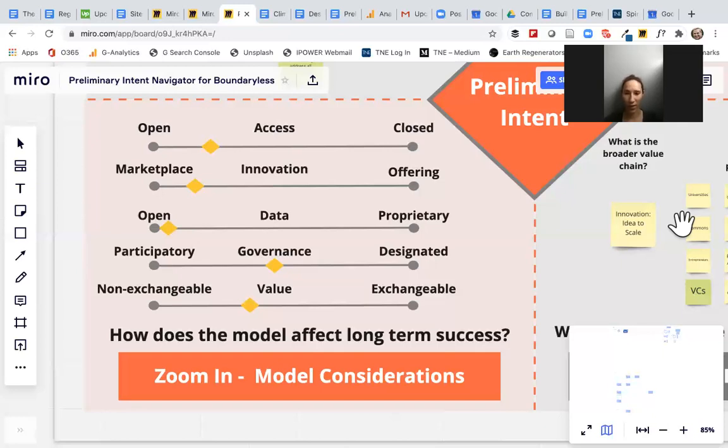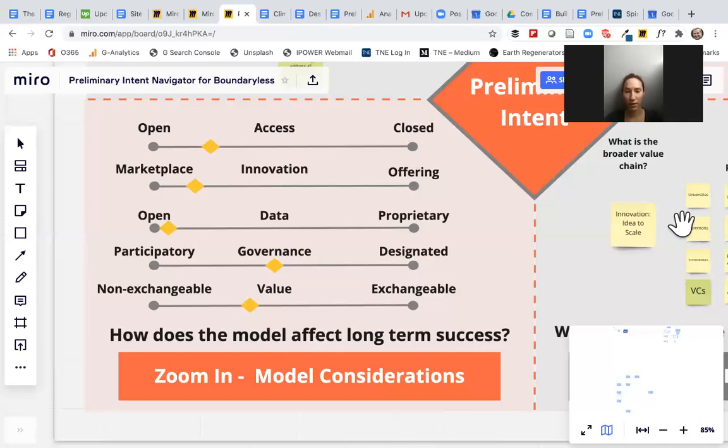And then the idea would be, at some point you would have a more detailed exercise to think through the model, and this might potentially bring in things like flow networks and mimicking healthy natural systems with your own model, and being able to do that at least a little bit before you get into prototyping. And then the model is something that you would also start prototyping. So just running down these attributes, in the middle is the label of the attribute, and then it's a spectrum of, you know, one extreme to the next.